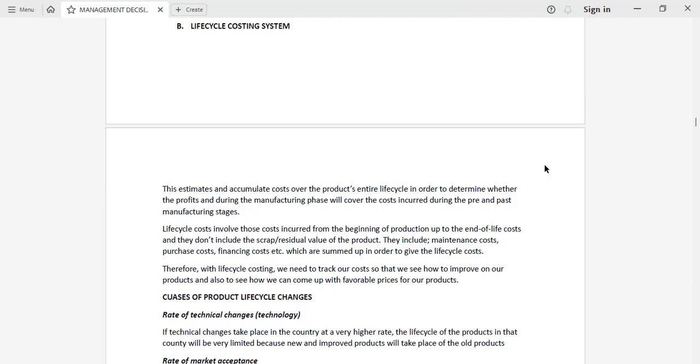But at some point, if someone reaches the maturity stage, or if we draw our curve and it reaches the maturity stage, that is the maximum point. It's at the maximum because everyone is aware of the product. At that point, you find that the curve